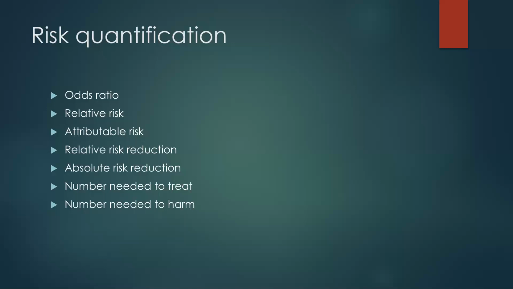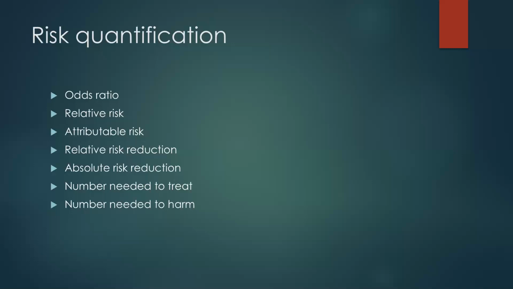Okay? Event rate of a risk factor or treatment, minus, subtracted from the event rate of control. Okay? So from the same table,